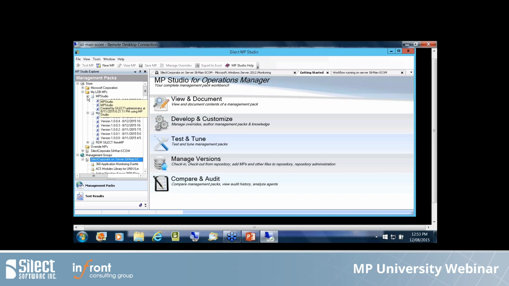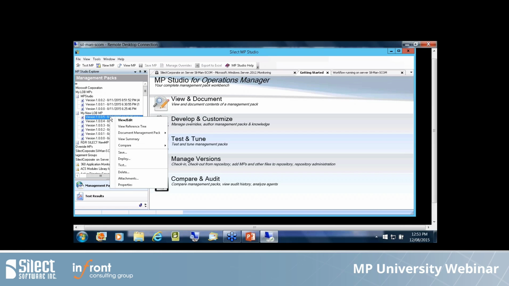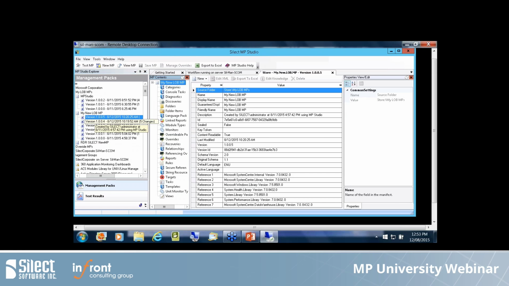But let's take a look at advanced authoring. To demonstrate that, I will open the version 1005 of my new LOB. I'm just going to right click on that, and I can choose to view and edit. And so you'll notice what looks very similar to the MP Author application now embedded, if you will, within the main console of MP Studio. So if you own MP Studio, you don't need to install MP Author. You can do all the authoring you need right in MP Studio